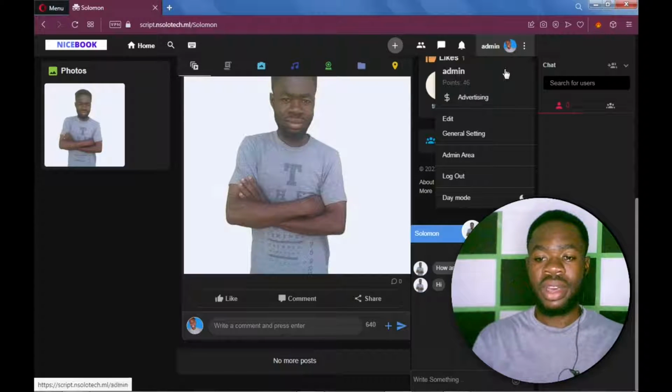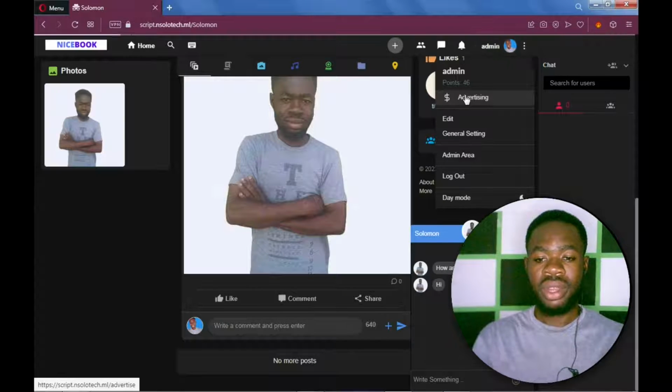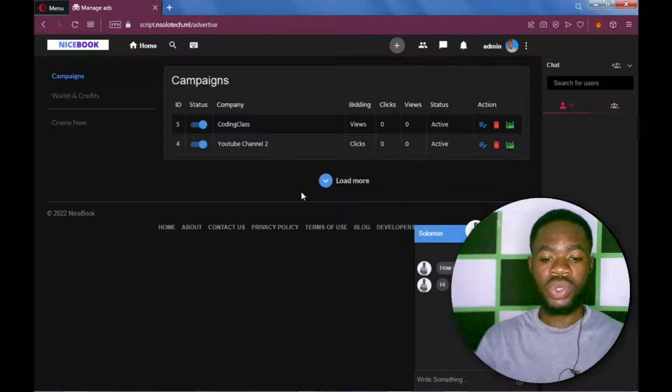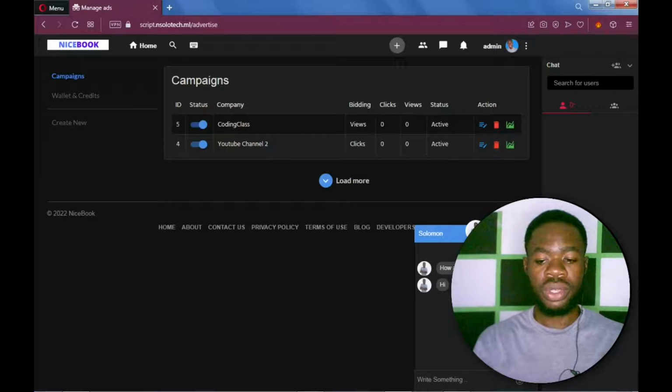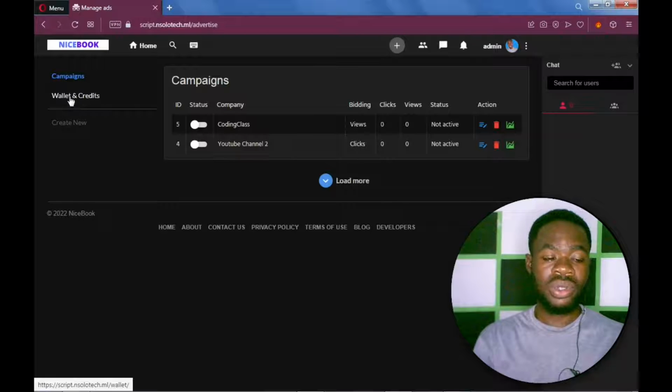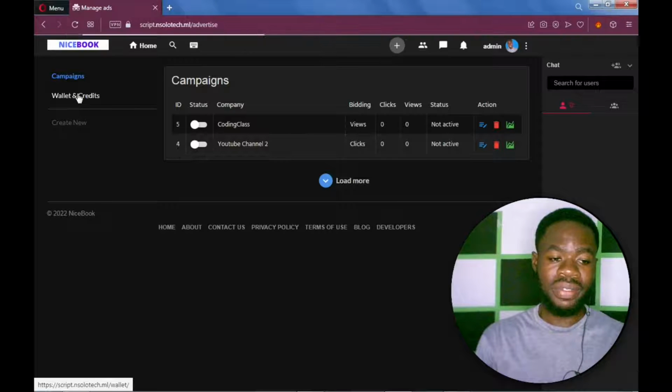Now after clicking on this profile thing here, 3 dots, I'll see this money symbol. This is the advertising area. I'll click on that and it will take me to my ads dashboard. Okay, this is where I manage my ads. I can click to disable all my ads, the ads that are running on the platform. Now to the left you can see wallet and credit. If I click on that,